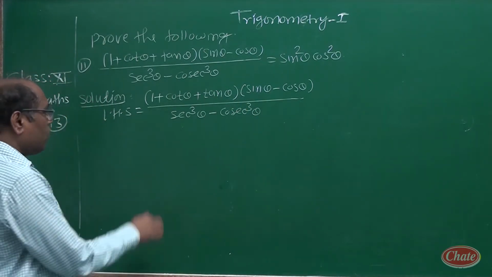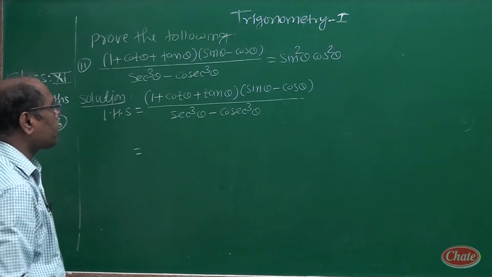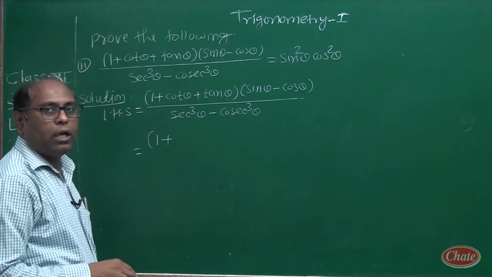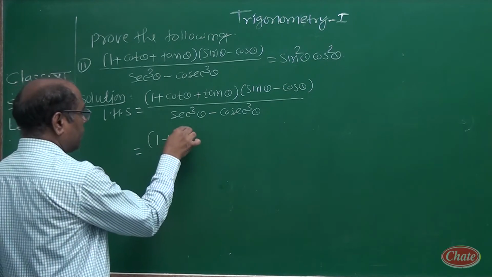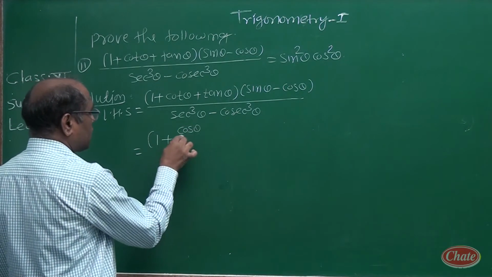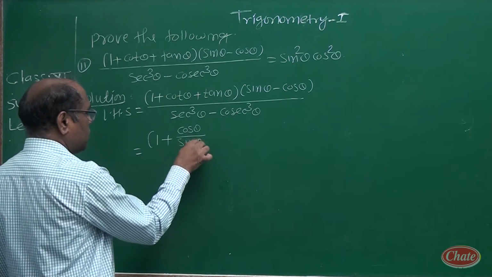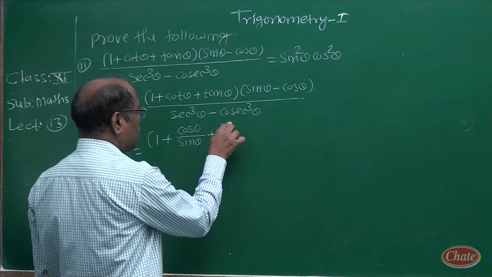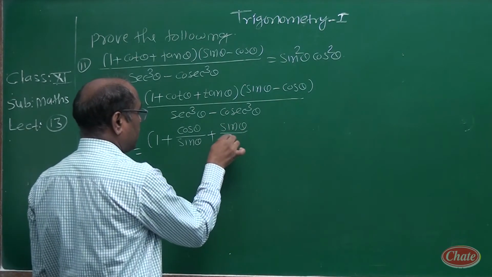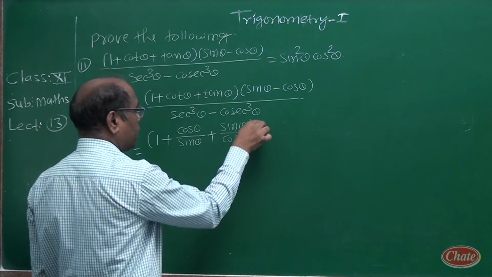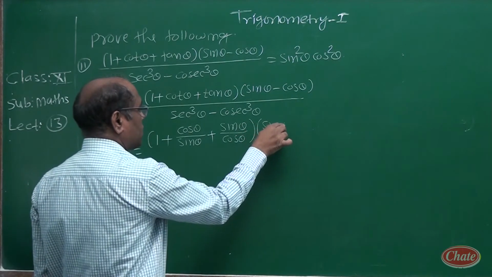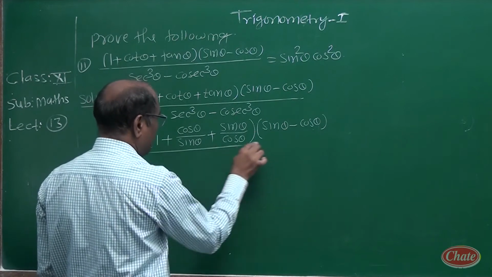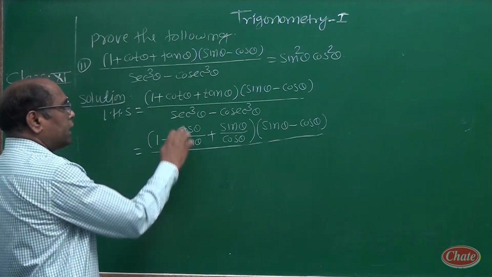Okay, now that is equal to 1 plus, now write down cot theta as cos theta upon sin theta, plus tan theta, which is sin theta upon cos theta, into, in the second bracket, sin theta minus cos theta, whole divided by sec cube theta